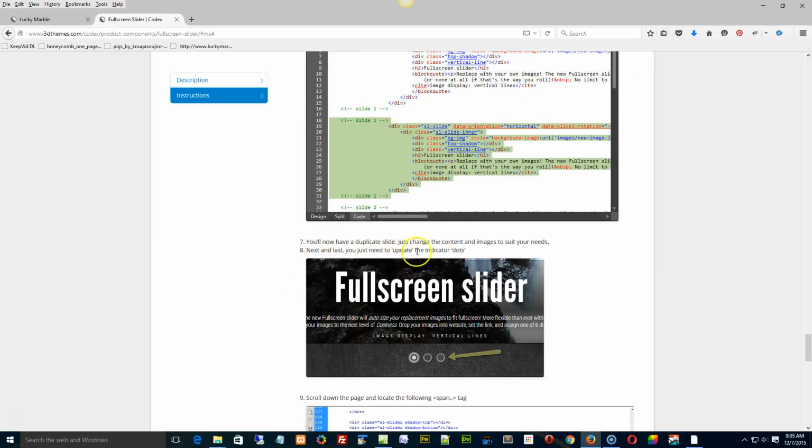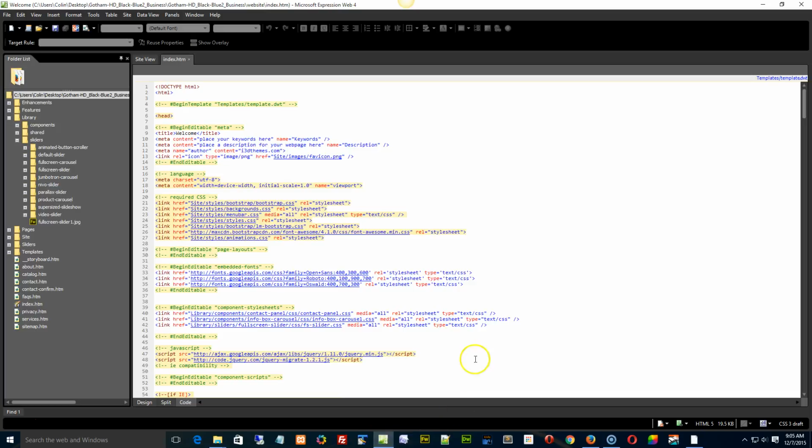The next and last step is that you need to update the indicator dots. So right here in your page, there are some span dots. For each additional slide, you need to add another dot. So if we go into the full screen slider right here,